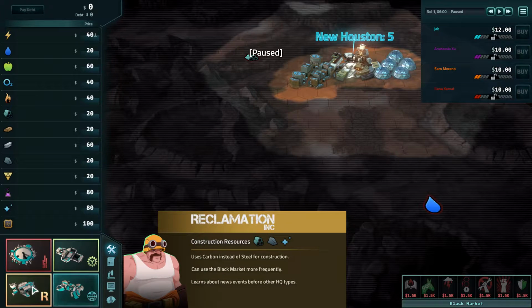Reclamation Inc., they are the scavenger. Instead of needing steel in order to produce their buildings, they just use carbon. They can also use the black market more frequently, and they'll get alerts such as if there is a shortage or something happening before the other ones. What makes Reclamation Inc. very powerful